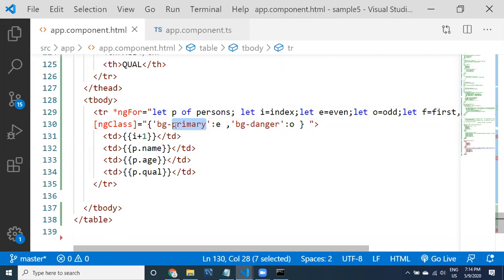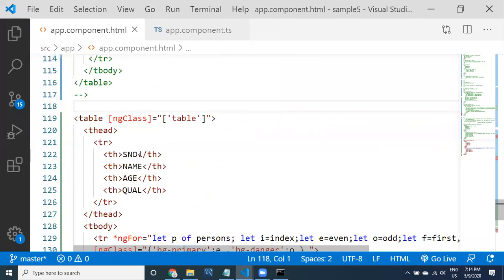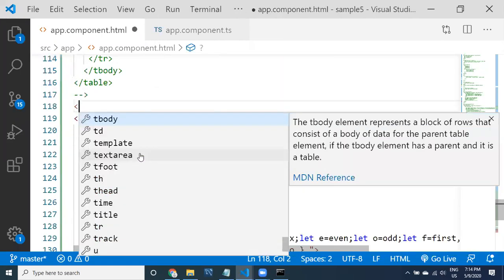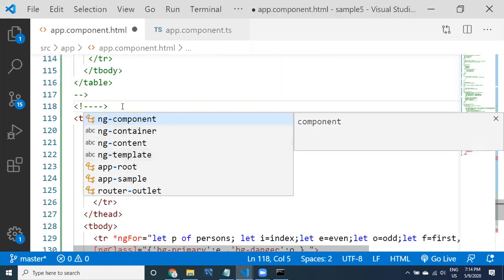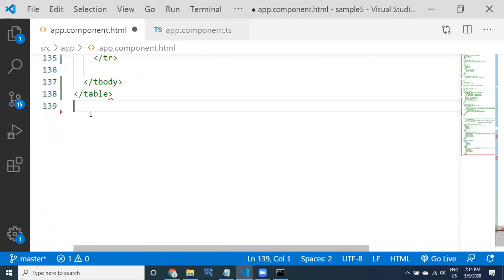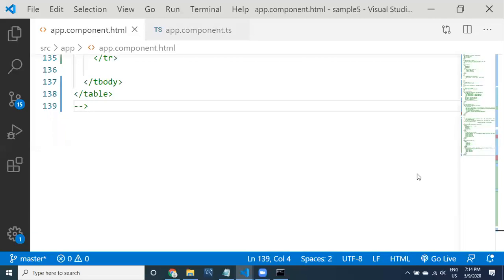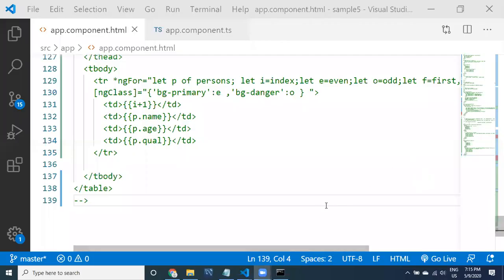Now I have another requirement guys. Let us comment this first of all. Before going to the next example, ngClass can be used for any type of classes guys: user defined classes, Bootstrap classes or Material classes.